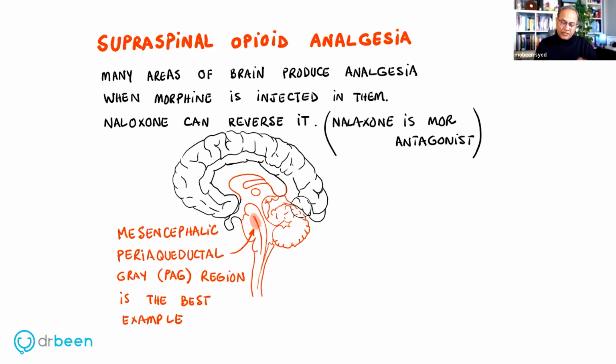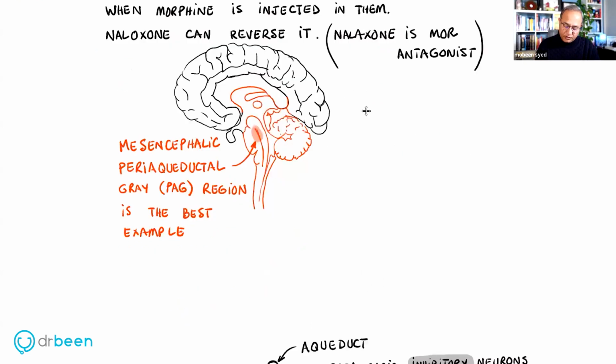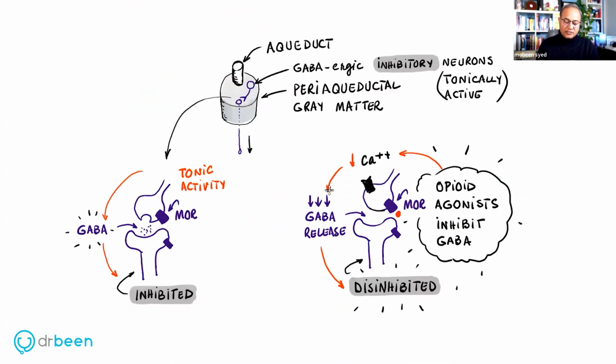And keeping that in mind, when we go to peripheral nerve, you'll see that opioids will produce effects on the peripheral nerves, but those effects are not reversible by naloxone, which is interesting because most of other opioid effects can be reversed by naloxone. So mesencephalic periaqueductal gray matter region is what we're going to take as an example for how opioids work in